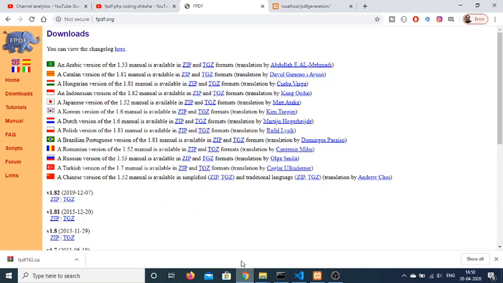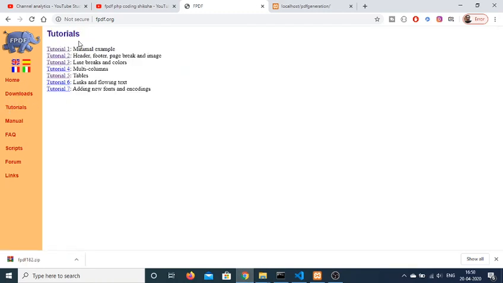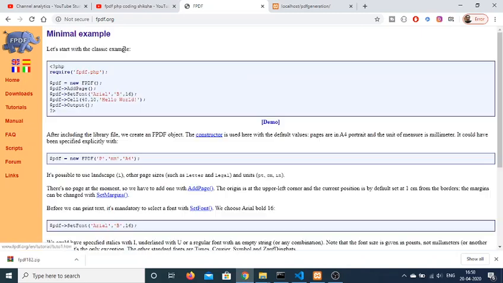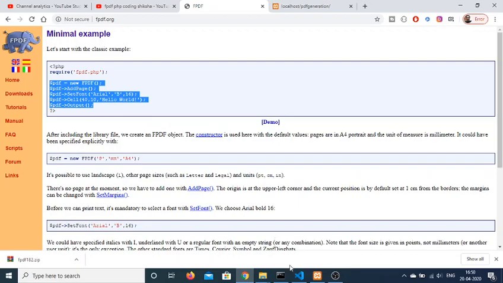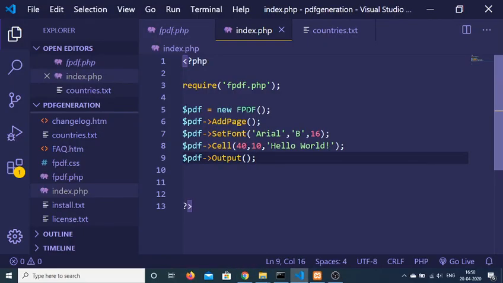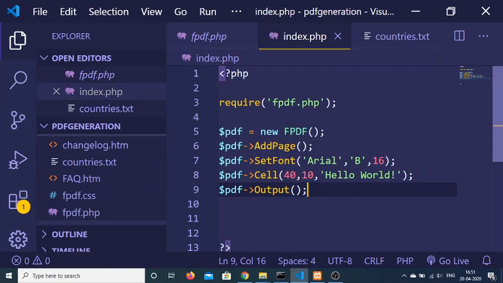And now to generate a very simple PDF document, there are tutorials available, so just click the tutorial section, and tutorial one will give you the minimum example that you will need. First of all, we will just copy paste this example here. Basically in the first step, we are initializing the new constructor of FPDF, and then we are adding a new page by the method AddPage. Then we are setting the font, and we are setting some text which is hello world, and then we are